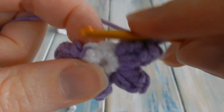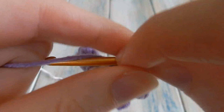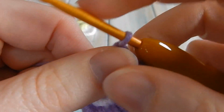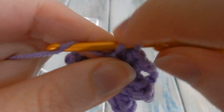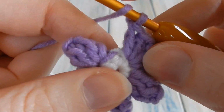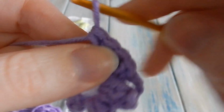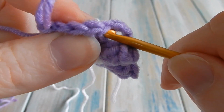Again, into there we do 5 double crochet, 1, 2, 3, 4 and 5. 5 double crochet in there, pull up your loop, find the first double crochet that you did and